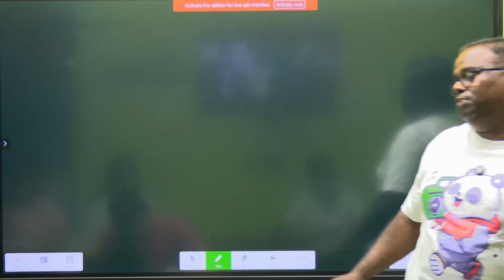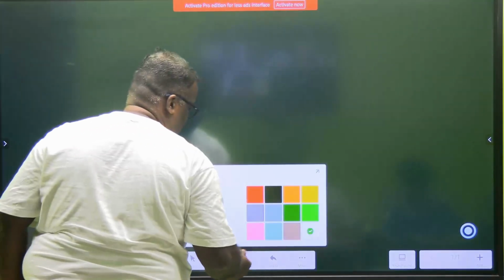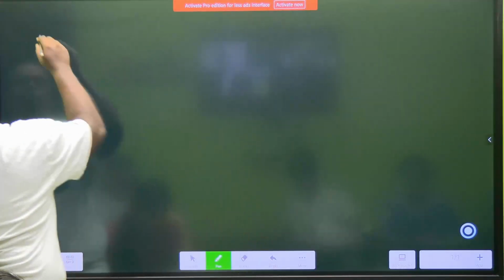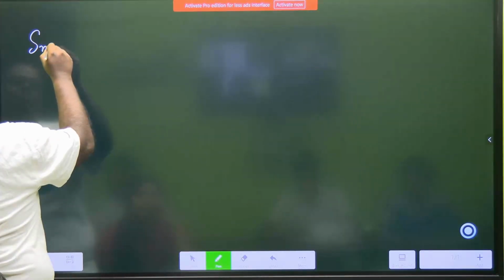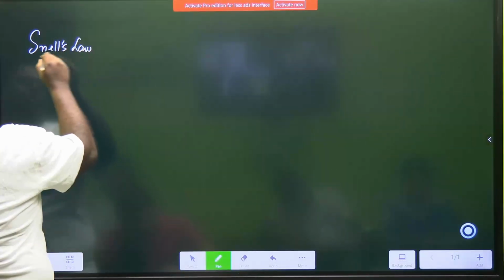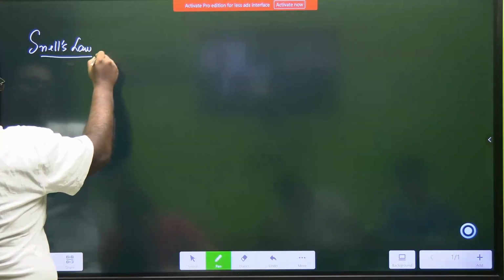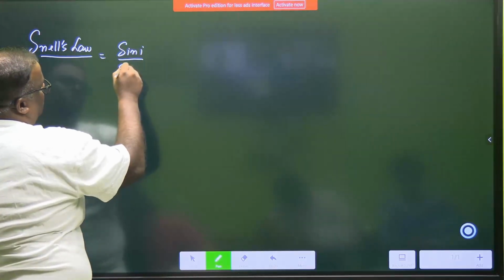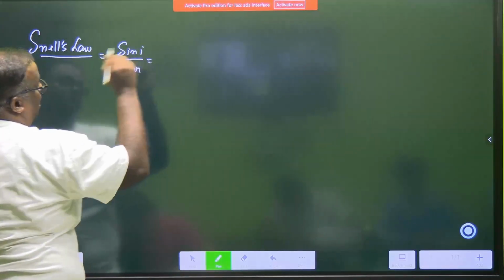Previous content before coming. Okay, because Snell's law is such a topic. No matter how many times you read, you just get confused. So I'm just revising whatever we studied. Snell's law tells me that the ratio of sine of I over sine of R is a constant,